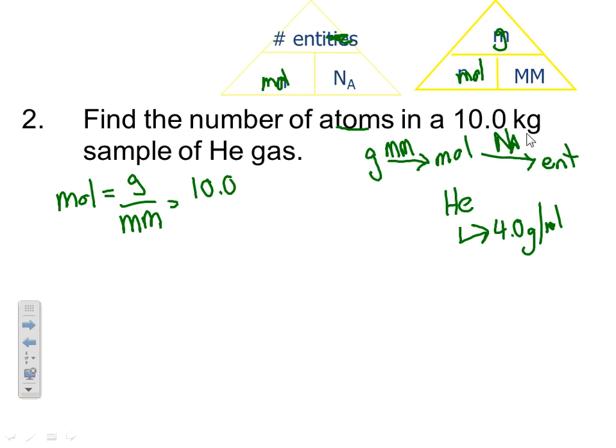10.0. Remember kilo, 10 to the exponent 3 grams. As soon as you see kilo, put a 10 to the exponent 3, divided by 4.0. 10 EE 3 divided by 4 equals